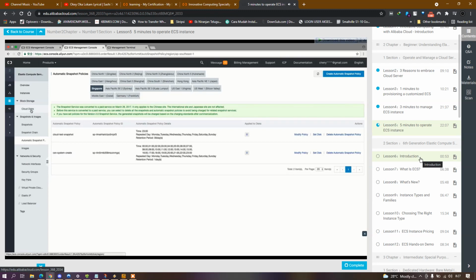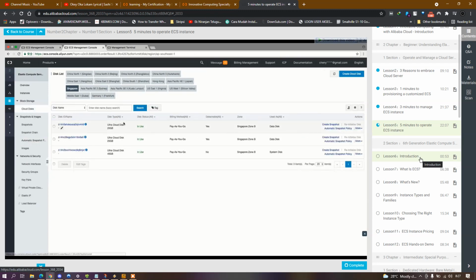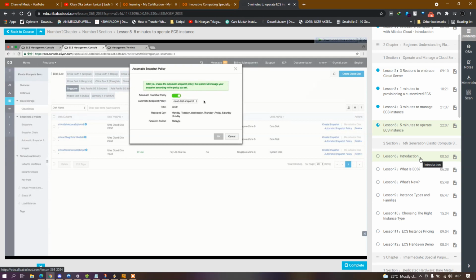We can check, click cloud disk, and you can click the automatic snapshot policy for each disk to check the detail. Yeah, this disk has been added to the snapshot policy cloud test snapshot, and it will create a new snapshot every day at 11 p.m. Okay,